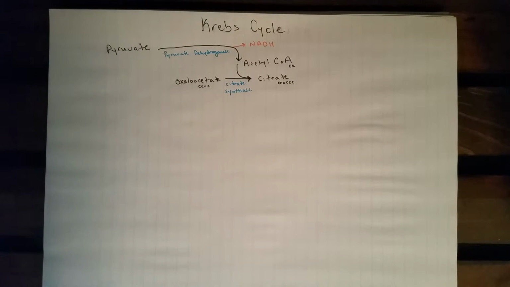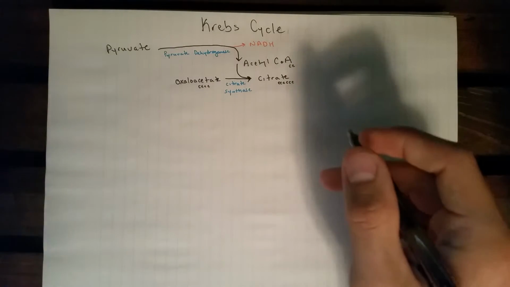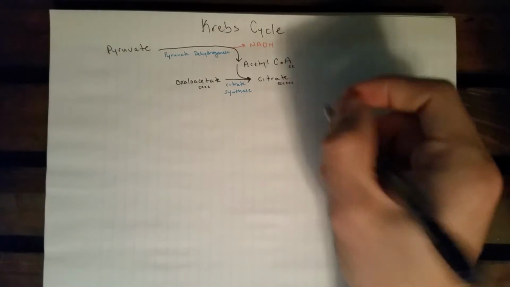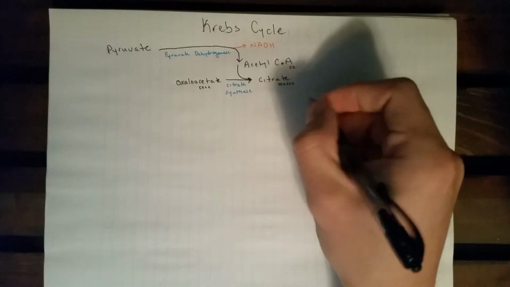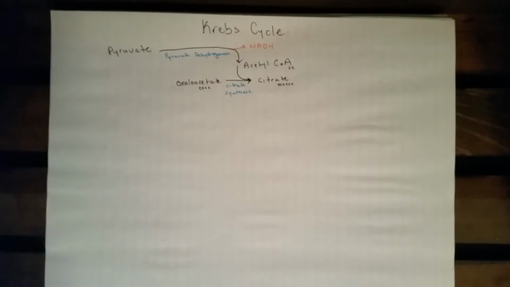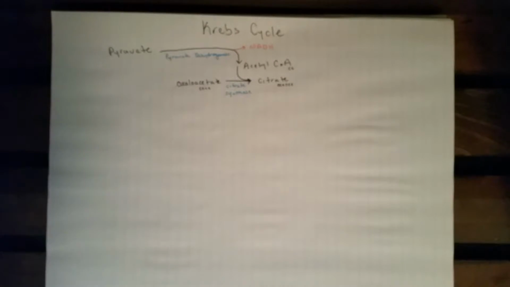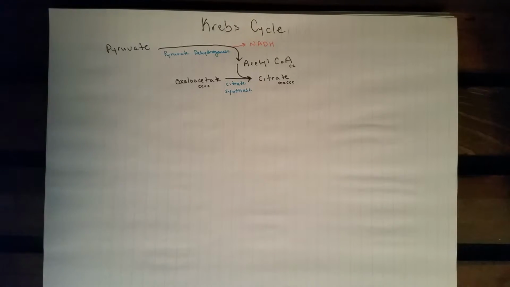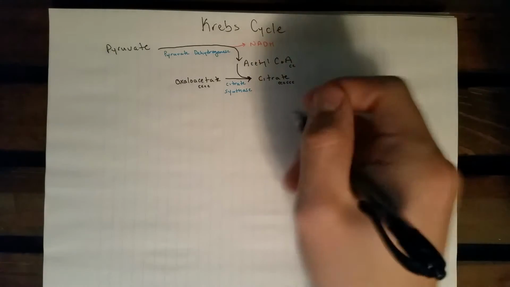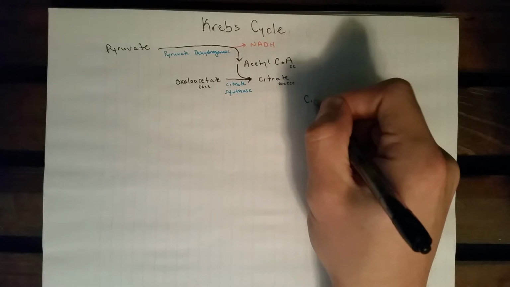So the citrate will come down and form, let's put it right about here. We'll try to make this circle as perfect as we can, but I guarantee it's not going to turn out that way. So citrate turns into